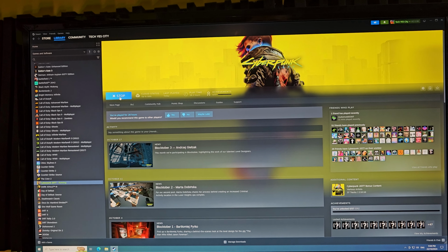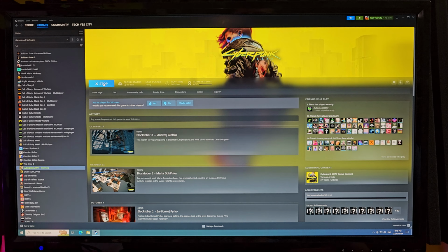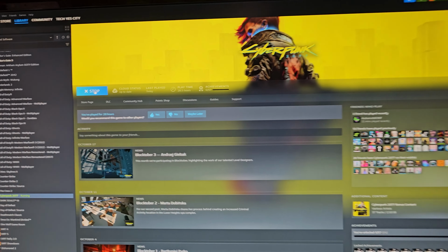Now, when I was testing out the 285K, I did come into some similar issues, especially when it came to Cyberpunk 2077. That would occasionally just drop out while I was benchmarking with an RTX 4090. And on top of all that, there was some weird mouse skipping occurring when I was using the CPU. But let's look at it a little bit more in depth and show you some side-by-sides